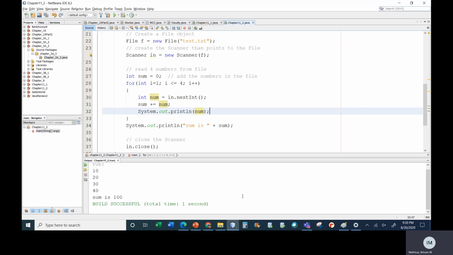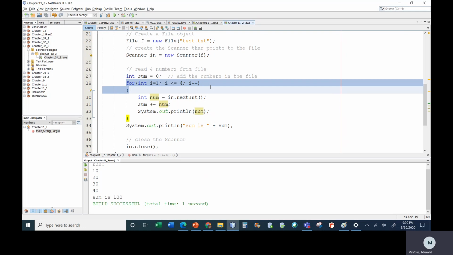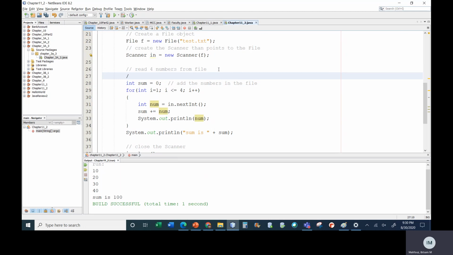Yes. In that case, you wouldn't be able to write a for loop that says, do this task 4 times, because I know it has 4 times. Well, what if I don't know how many numbers are in the file? What would I do in that case? Well, if you don't know the count, basically the number of lines in a file,